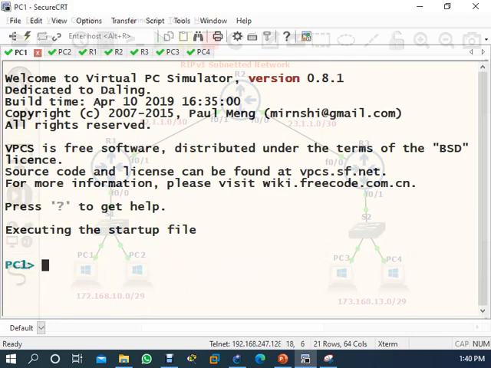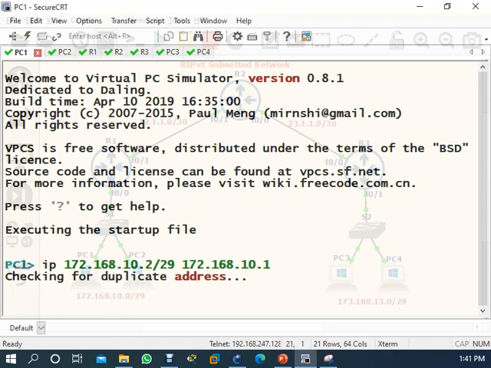Okay, now come to the PC, put the IP. Not IP, yes, IP space. Okay.